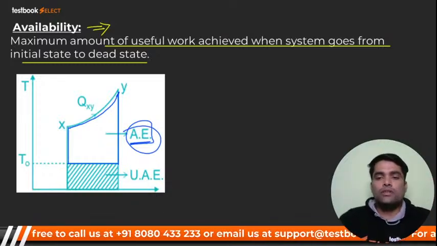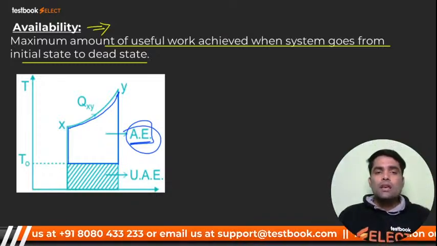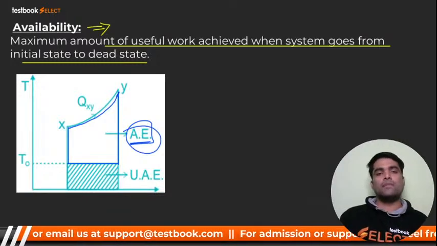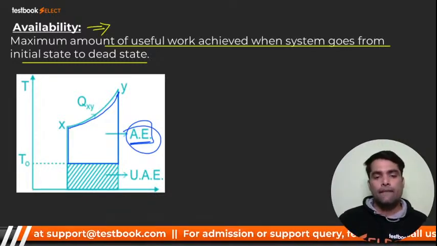बच्चा पार्टी, please try to listen to me very carefully. कि जब तक आप डेड स्टेट में नहीं ले जा पाते, जब तक आप डेड स्टेट अचीव नहीं कर पाते, तब तक आपको क्या मिलेगा? वर्क मिलेगा. ओके,